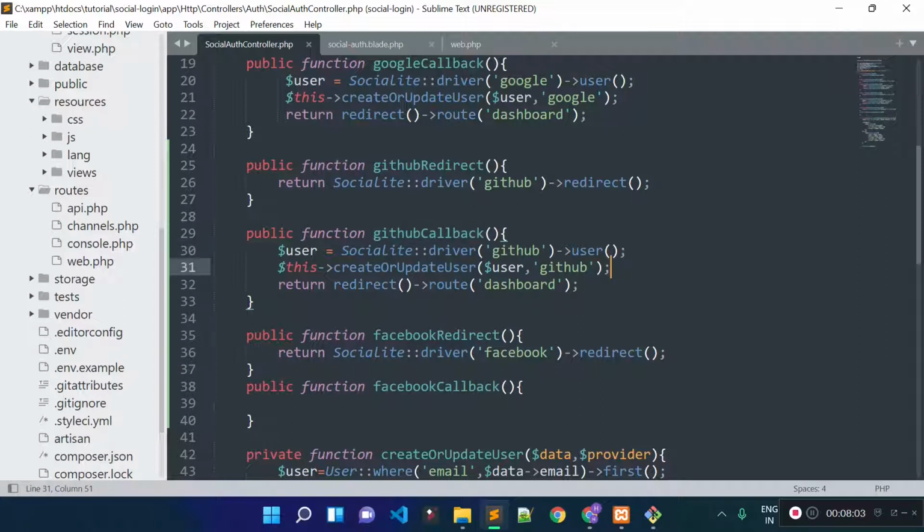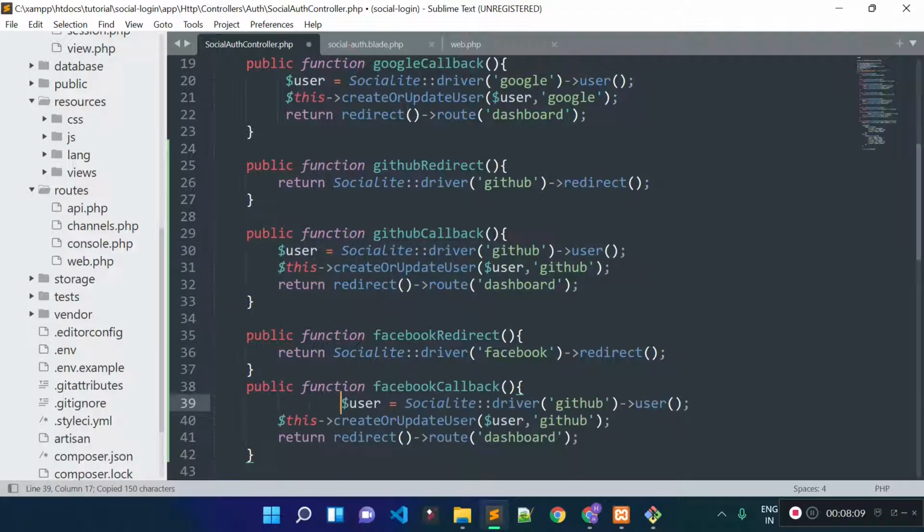So we can copy the code from here and I will paste the code inside this Facebook callback method, and we need to provide the provider name as Facebook here, and we'll get user data with this social auth driver and then with the help of the user method.